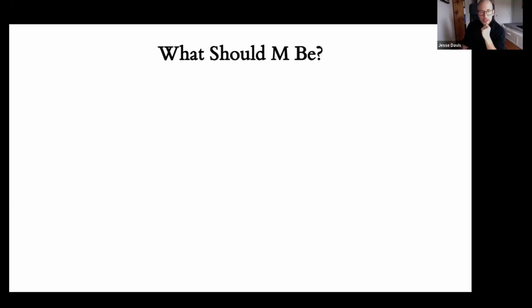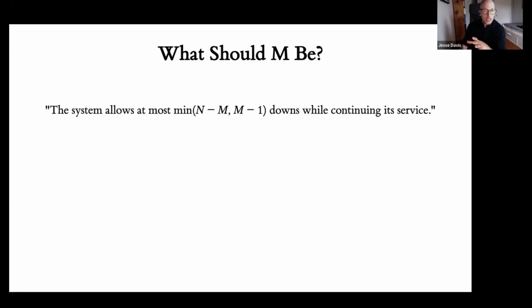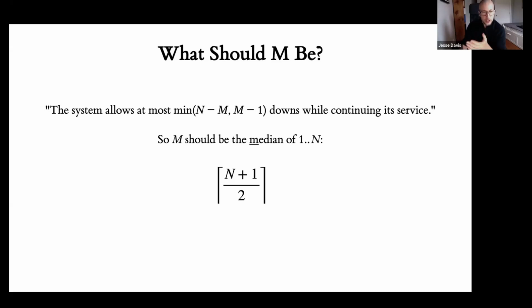The paper now gets a little bit more practical. It started by spending a lot of time not setting M to a typical quorum size, but it does a little bit of arithmetic and it says that actually M should be a quorum after all. It should be a majority because this will maximize fault tolerance. You can tolerate the largest number of down servers if you just set M to (n+1)/2.